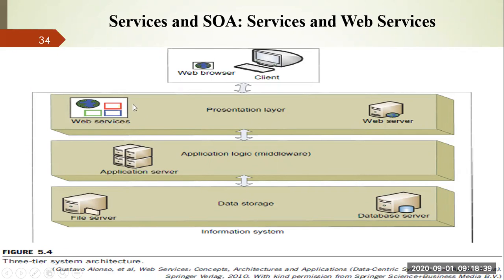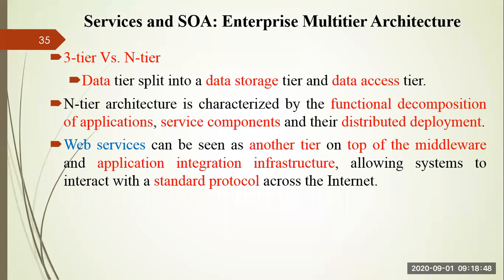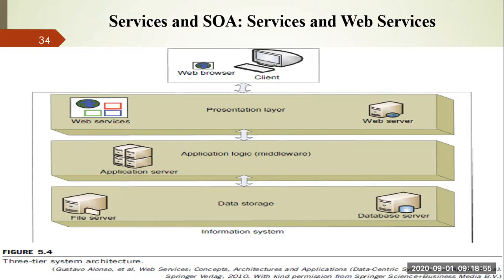So that these web services can be separated from the presentation layer, so that the complexity will be a little bit more reduced, right? And they can interact. How can they interact? They interact through the internet and by using a standard protocol. So in each and every layer, you have a standard protocol. By looking into that protocol, like we discussed in the last class about HTTP, FTP, and SMTP protocols. So these protocols are used with respect to the layers, each layer having different protocols. So you can use these protocols to interact with the different layers.